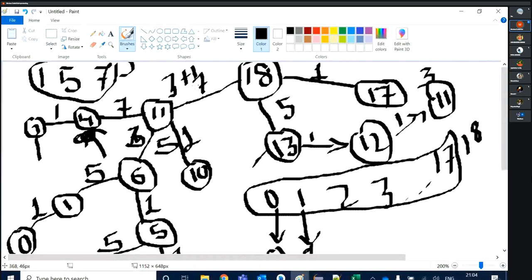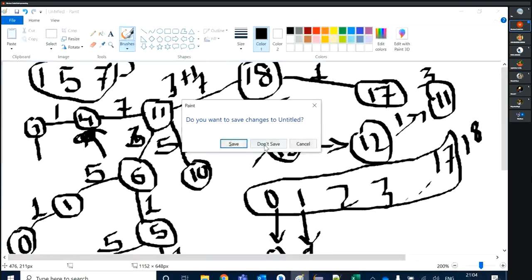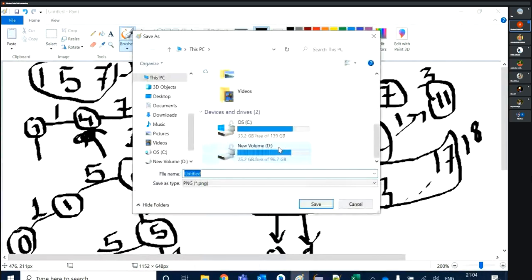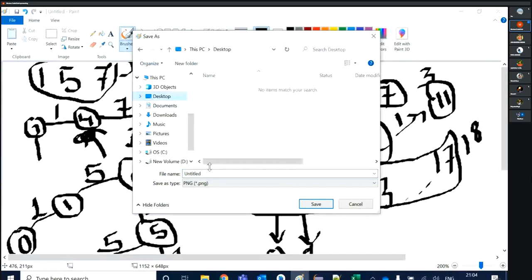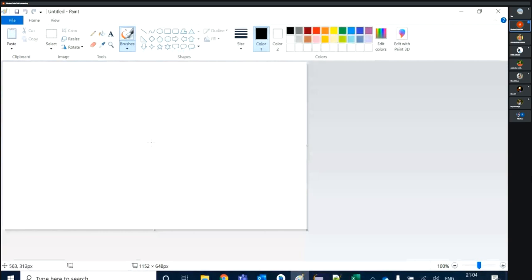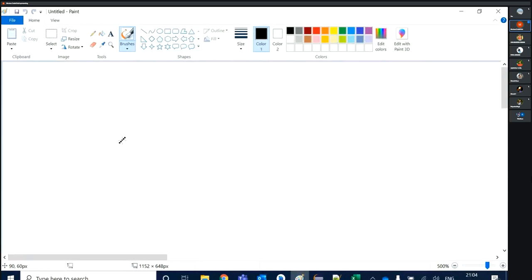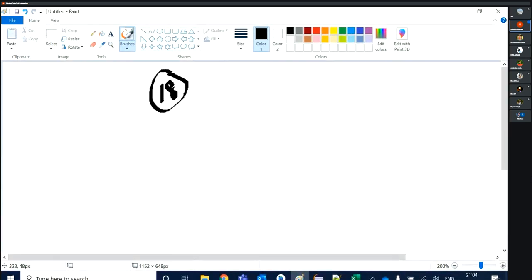And 18 minus 7, what is the solution for 11? Now, just go with, as of now, let me save this. 18, 11, if I'm using the 7 rupee coin.